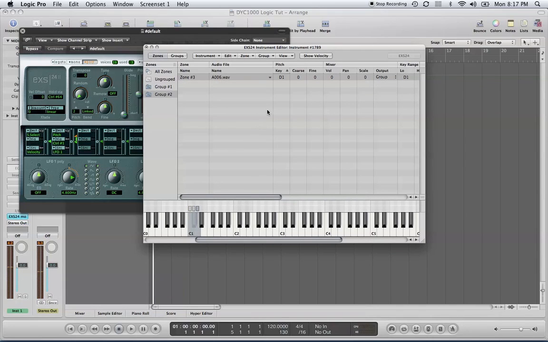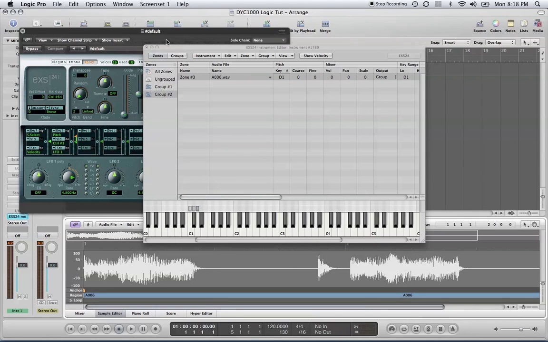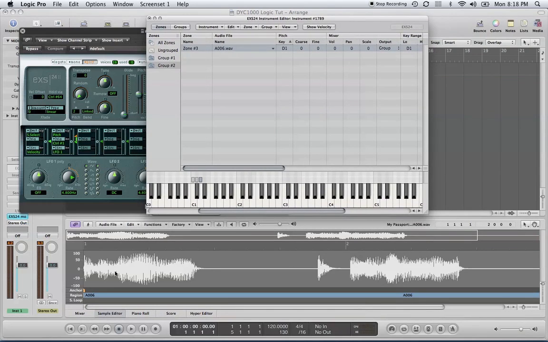And if you want to, another thing I wanted to show you guys, if you wanted to edit your samples, just click on where it says audio file and the individual sample, and open the sample editor. What that allows you to do is it brings the sample up in your sample editor. Now this blue strip is denoting the actual sample region that's being sampled. So if we hit the speaker button,